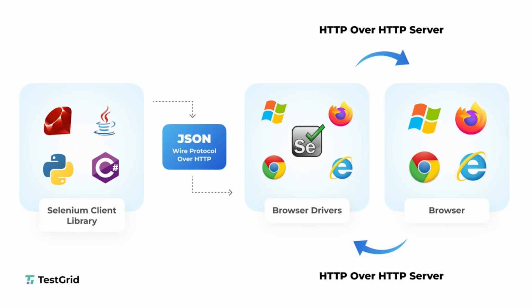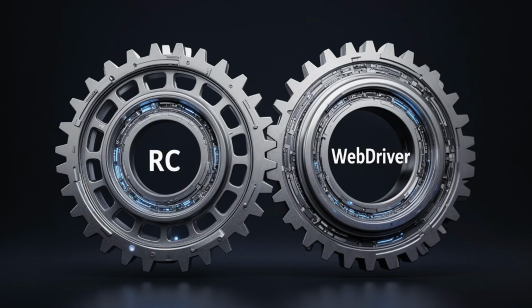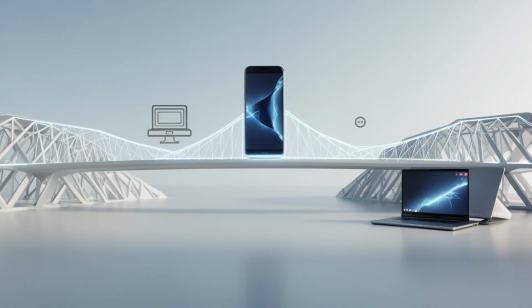Central to this was the JSON Wire Protocol, which standardized how tests communicated with different browser drivers, from Chrome to Firefox. In 2011, the projects merged to create Selenium 2. This was a massive milestone, combining the strengths of both frameworks into one unified platform. Selenium 2 provided a bridge for RC users, allowing them to slowly migrate their legacy tests while taking advantage of